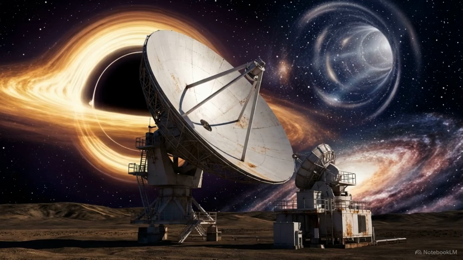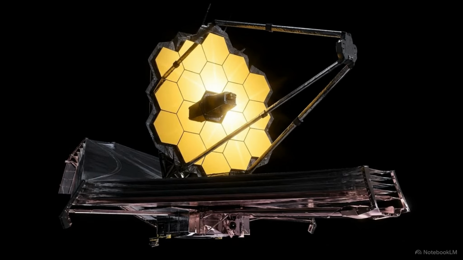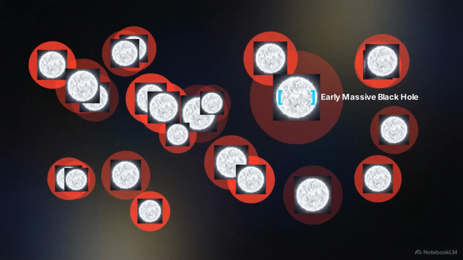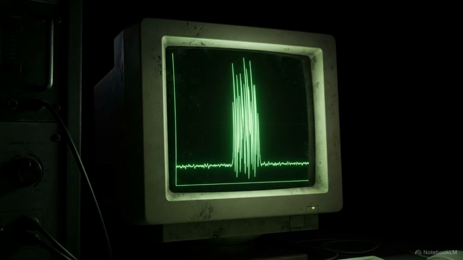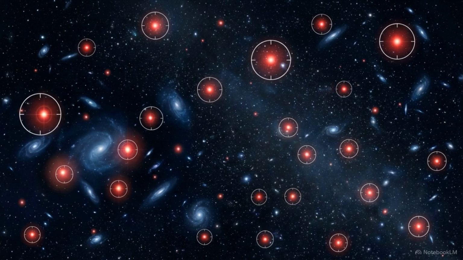Moving these ideas from pure math into reality requires hard observational evidence. In 2025 and 2026, the James Webb Space Telescope, which observes the universe in infrared light to see through cosmic dust, captured a series of unexpected signals from the deep past. This deep field image shows specific anomalous glowing red dots scattered among early galaxies. Astronomers identified these as the little red dots.